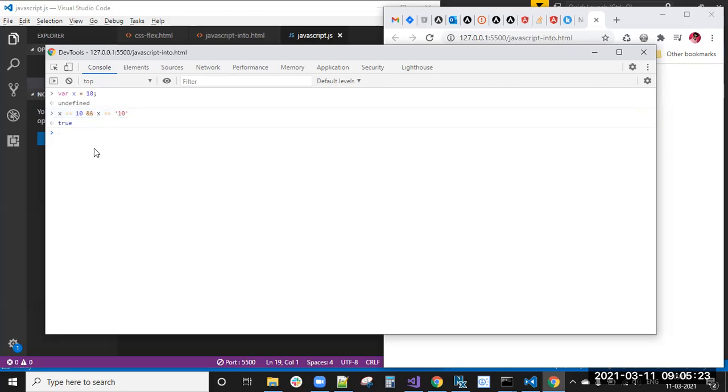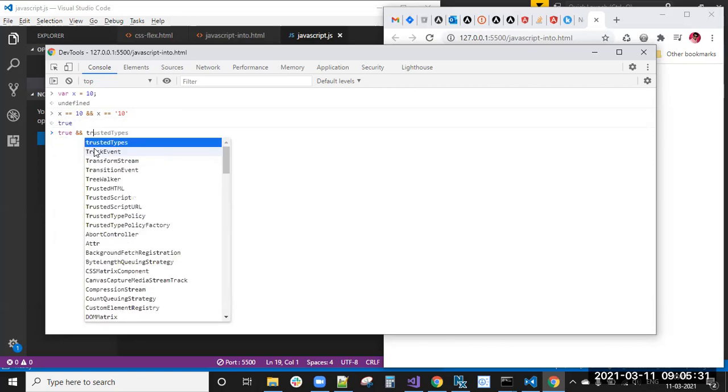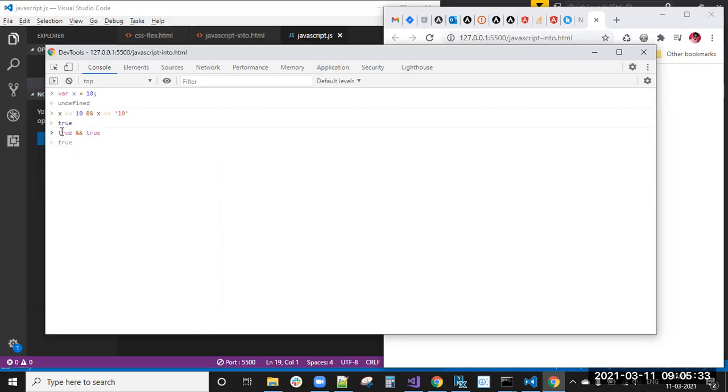So before going to learn the and, or, you need to understand that true and true. Right side condition true and left side condition true, if both are true, you will get output true only. Any one is false, first this one is false, or left side one.